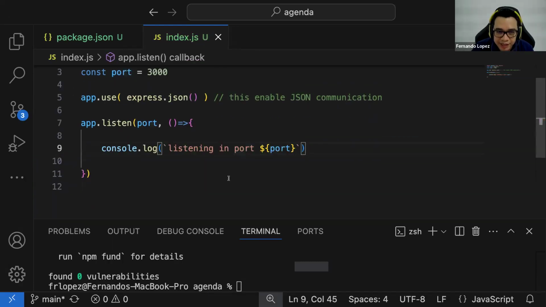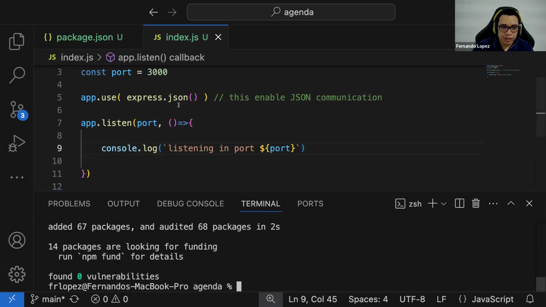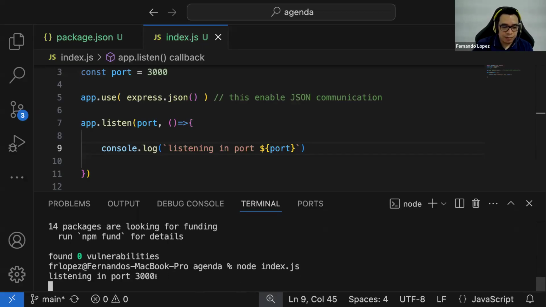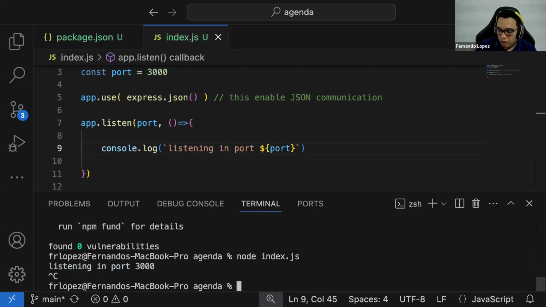So this is a small backend, guys. Right now, I do not have any connection, but the backend is going to be deployed in this port. Now, the way to run this project in Node.js is that you're going to use the command node, then index.js. And this will be deploying the server in the port 3000. Now, if you want to stop the server, you might need to press on your keyboard Control C. It's like copy pasting Control C, right? And this is going to stop the server.